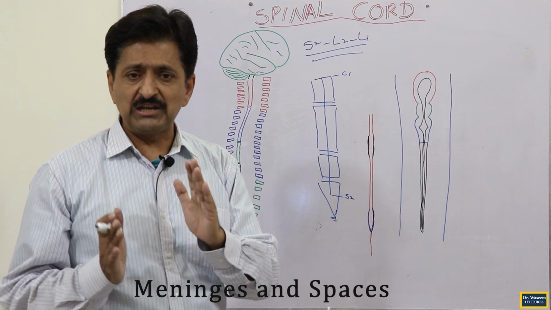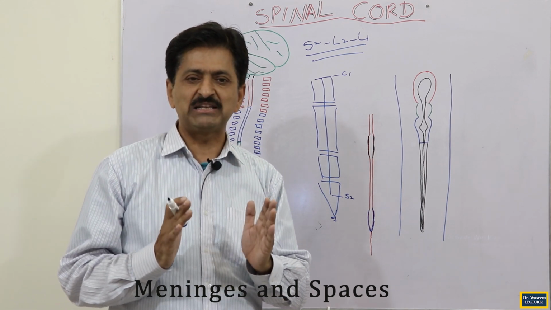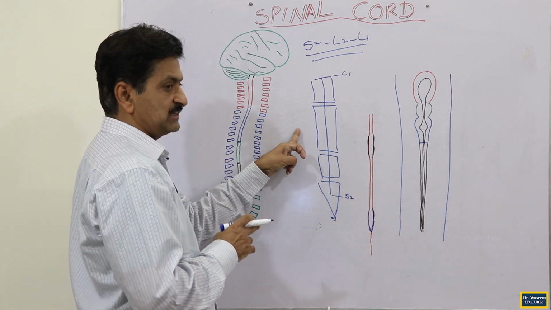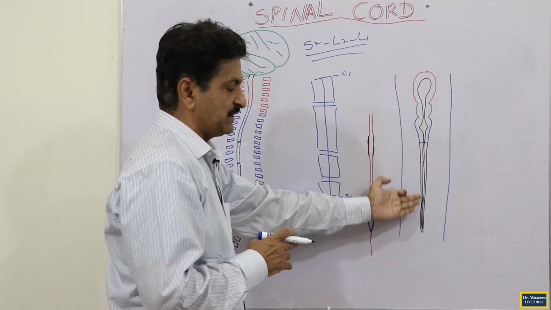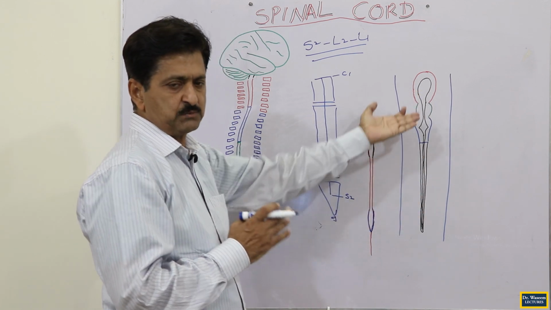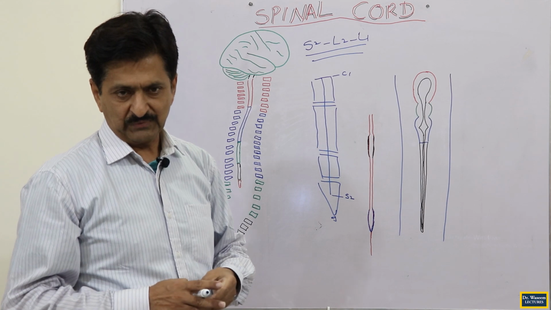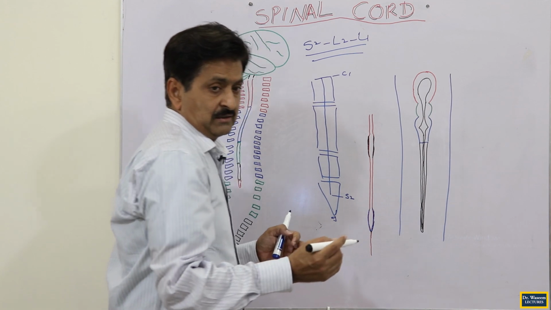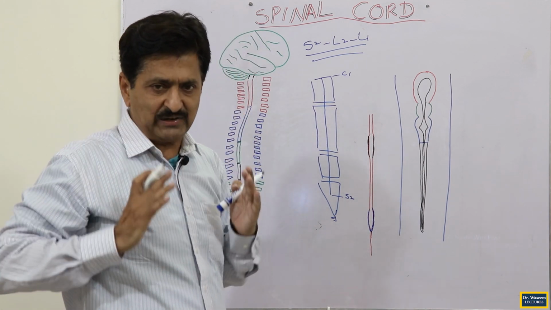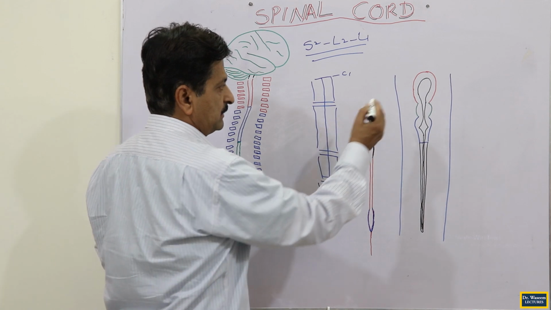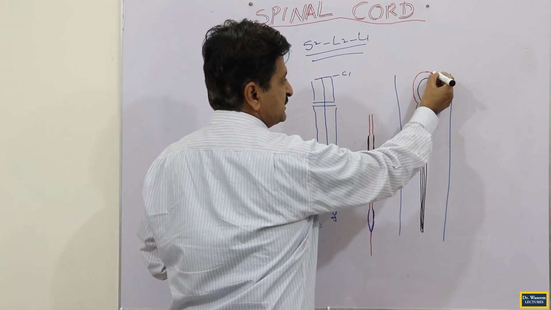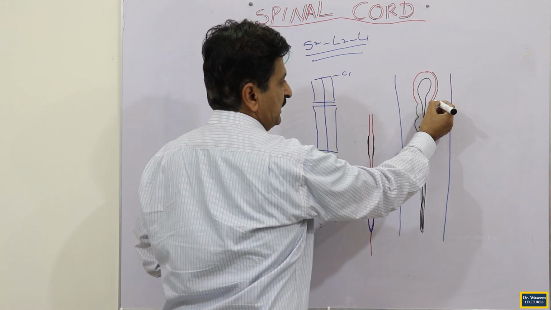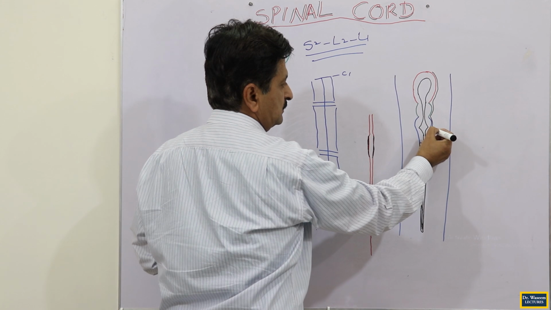Within the vertebral canal, the cord lies within its 3 delicate membranes, called meninges. The meninges are not just surrounding the spinal cord, but also the brain, because the brain and spinal cord develop from the same neural tube. The first meninx is adherent to the surface of the brain as well as the spinal cord, touching the surface of both. So you see it is the brain, and now it is touching the spinal cord.